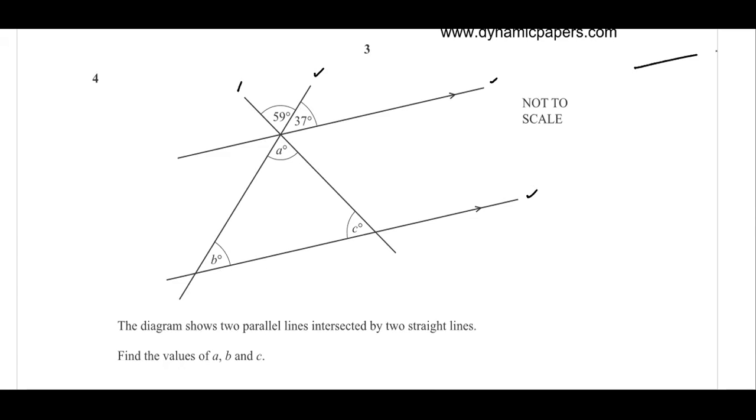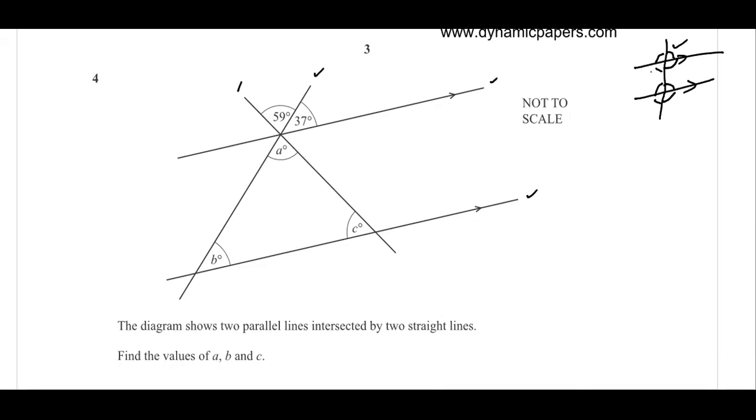So remember the rule already. If these are the two parallel lines, and a line crosses them, then this angle and this angle are corresponding angles. Corresponding angles are equal. In the same way, this angle is corresponding to this, and this angle is corresponding to this one. So using that technique we can do it.